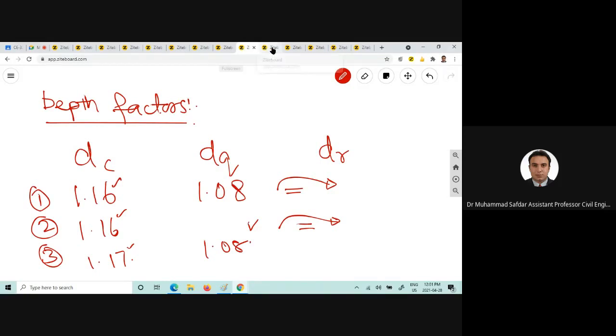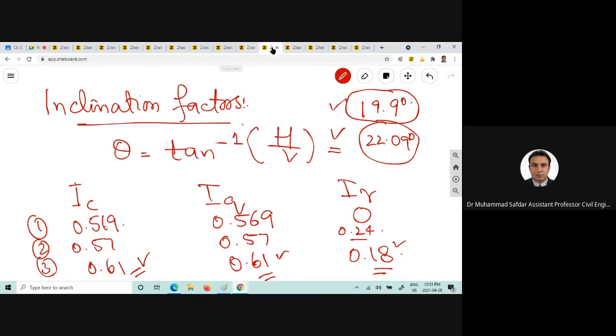और D गैमा भी ले सकते हैं। IC, IQ, I गैमा, IC, IQ और गैमा के लिए 0.61, 0.61 और 0.18 आप ले सकते हैं।